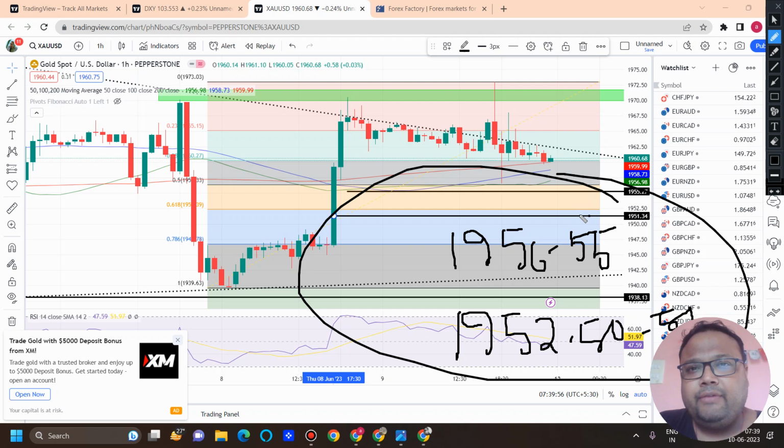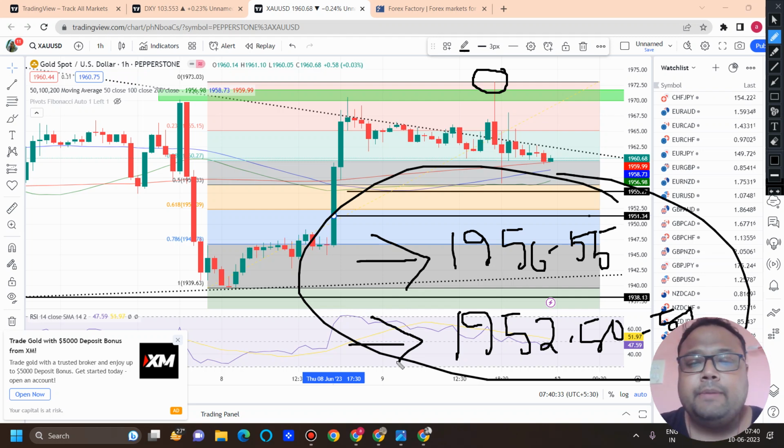So overall 1955 and 1951 are still valid, but as gold made a high here, the levels have changed a little bit. So 1956 to 1955 is the first support for day traders. You can expect a bounce of 40-50 pips if the market comes down on Monday. Secondly, 1952.50 to 1951 if the market breaks 1956 and heads lower. So on the chart of gold, we have good levels: 1956 to 1955, 1952.50 to 1951. You can expect a temporary bounce around these levels.